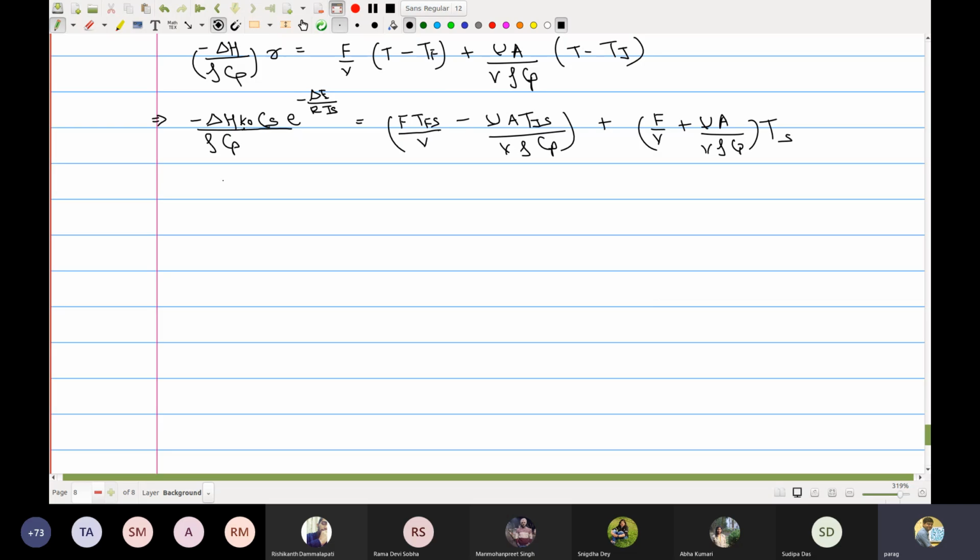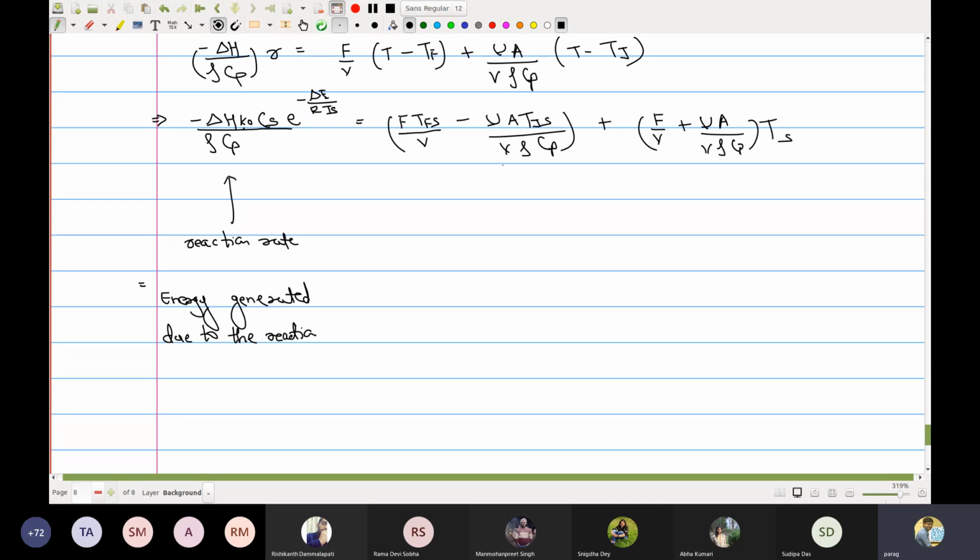Here, this is the term which has the reaction rate, which means this is equal to the energy generated. Well, it can be consumed as well. Don't worry about that. Energy generated or consumed due to the reaction, right? This much amount of energy would be generated by the reaction.